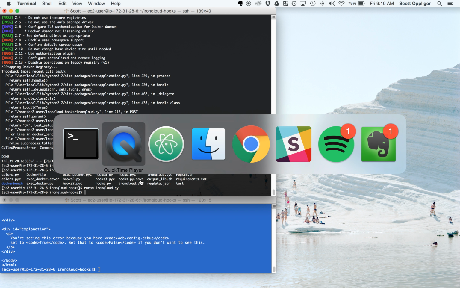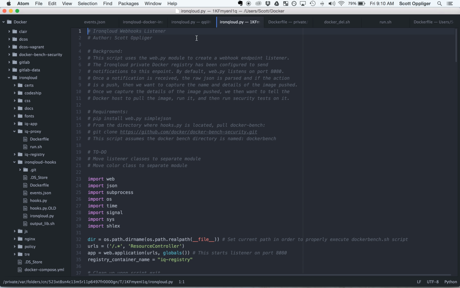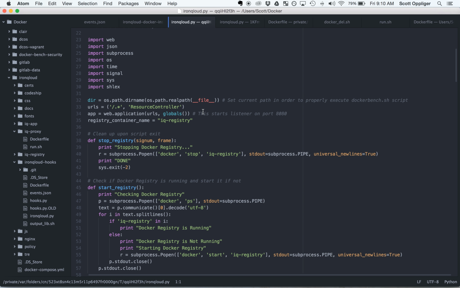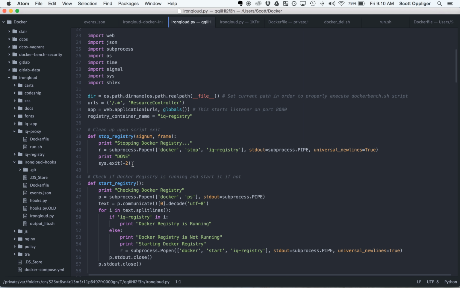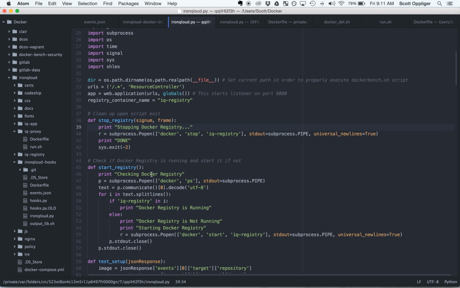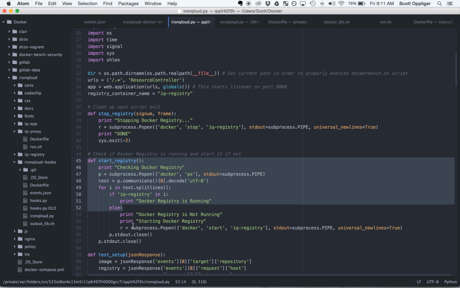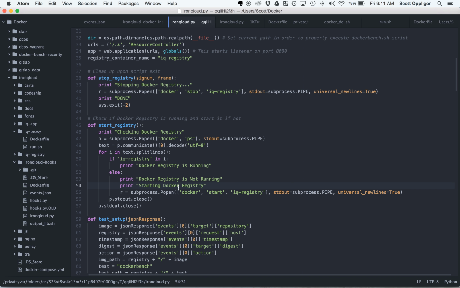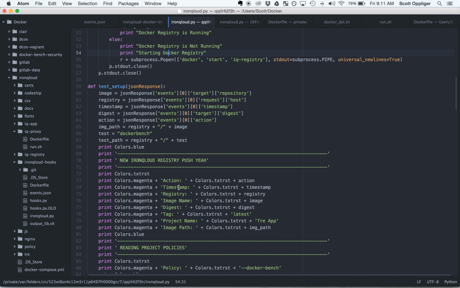I already have this open. Oh, here we go. What's going on here? I've organized this a little bit better. We've got the stop registry function that is called every time you command or control C the script, so that it will gracefully stop Docker registry as a part of that process. Here's the start registry function that executes when you launch the script. It checks to see if the Docker registry is running, starts it if not. And then here's our main test